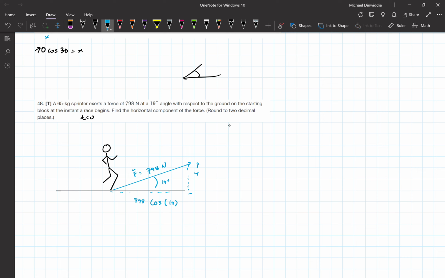And just for good measure, you can do the same for y too, 798 sine of 19. So there we have it, 798 cosine 19, and let's do that. 798 cosine 19. You should get